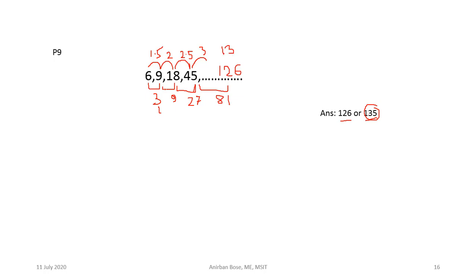So there are two ways by which you can solve this problem. One is by simply looking at the difference and we can find, or it can be thought of as a multiplying factor, that 1.5, 2, 2.5, 3, like in that way. Okay, because 0.5 multiplications are not giving a very large number, so that may be there, but the answer can be both 126 or 135, and it depends on what kind of options are there. Okay,